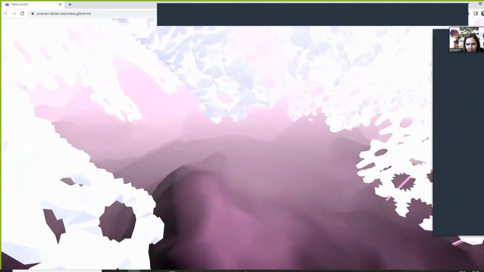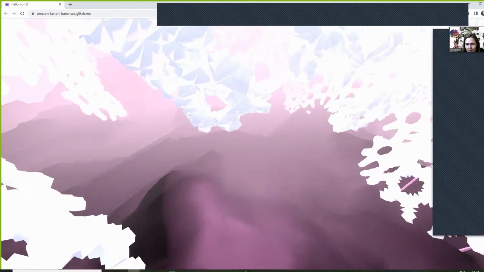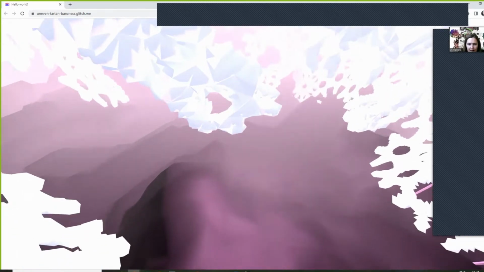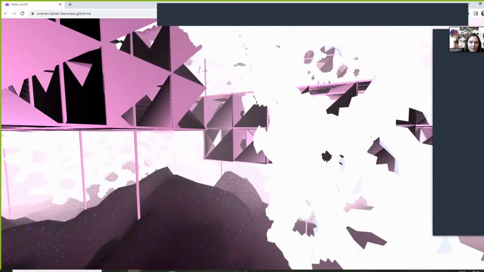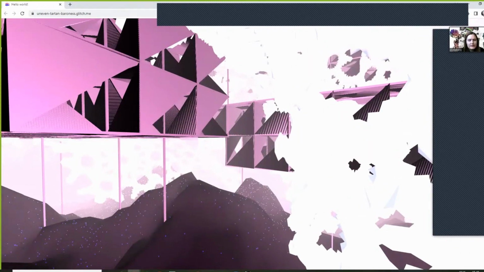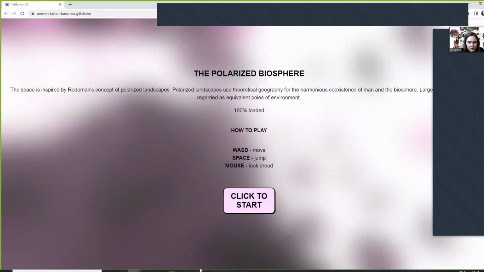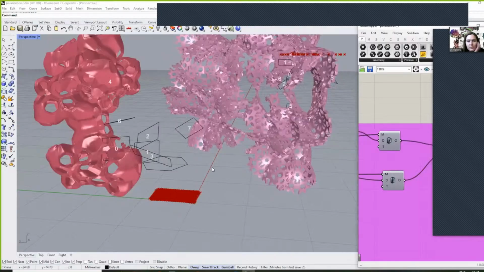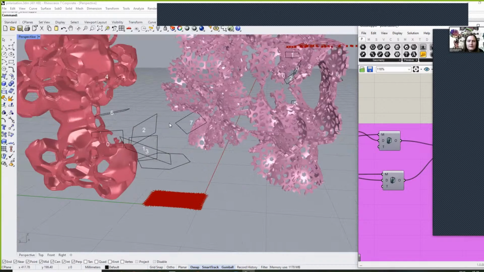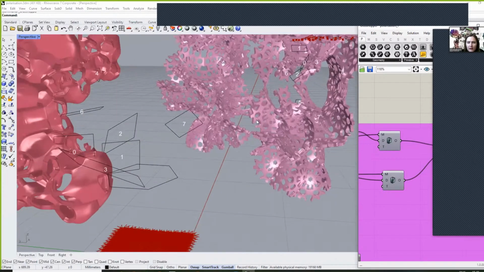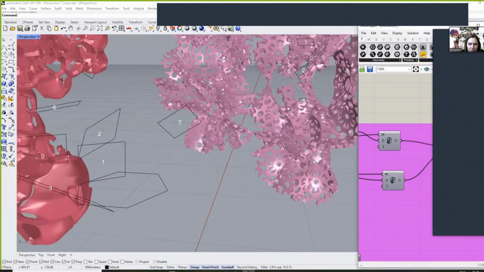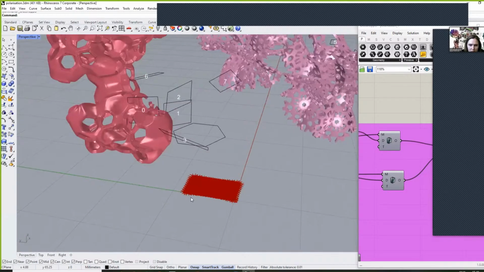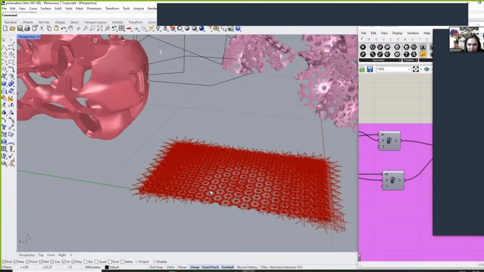For now, it looks a bit weird because my model was quite heavy in Grasshopper. I made several experiments with this one and some patterns